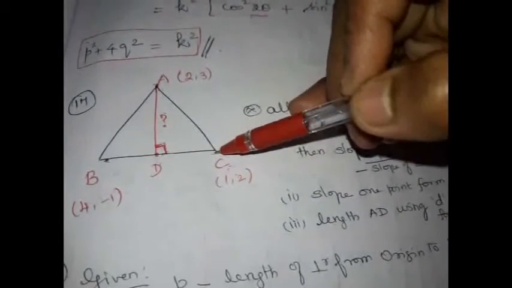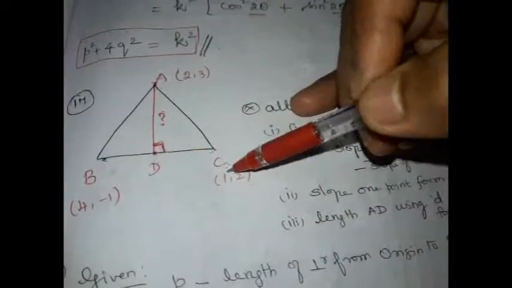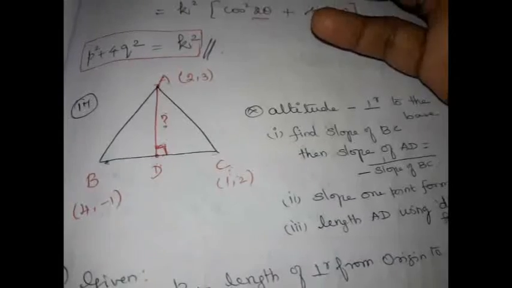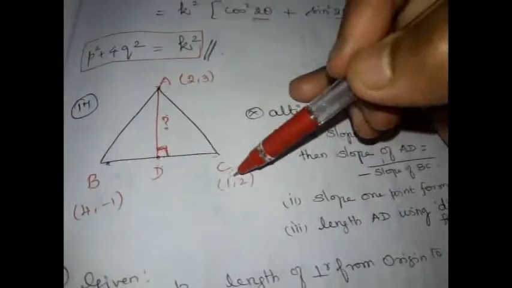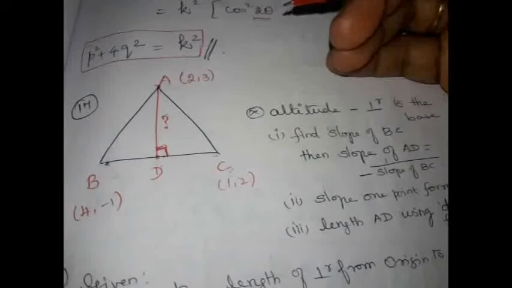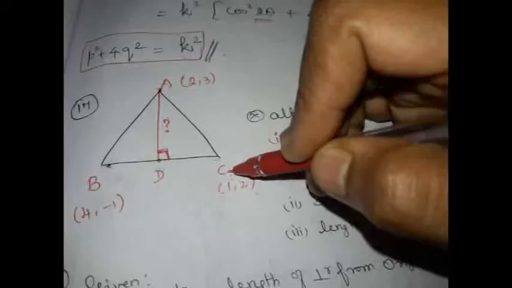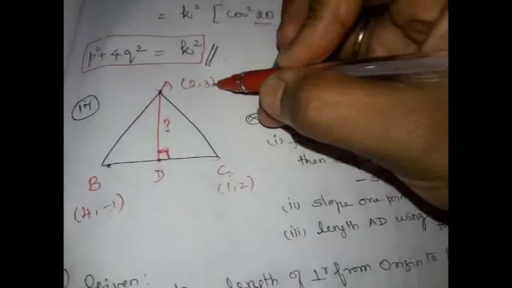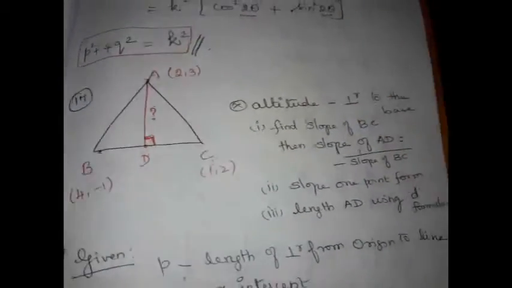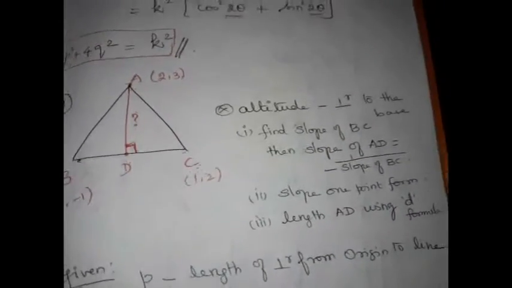So first you need to know the equation of BC. How will you find the equation of BC? You have 2 points, so you can go with the 2-point form to get the equation of BC. After obtaining the equation of BC, we can identify what are A, B, C, and we know x1, y1 is 2, 3. Therefore, substituting in the distance formula, we can find the length of AD.